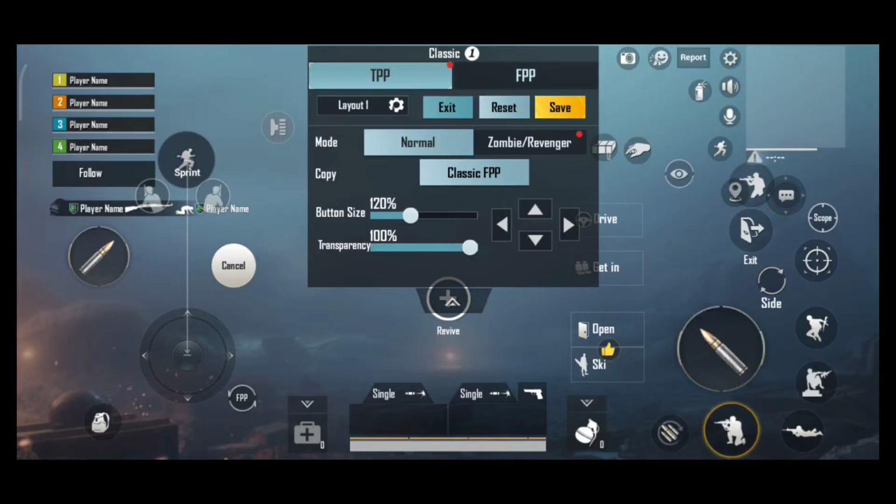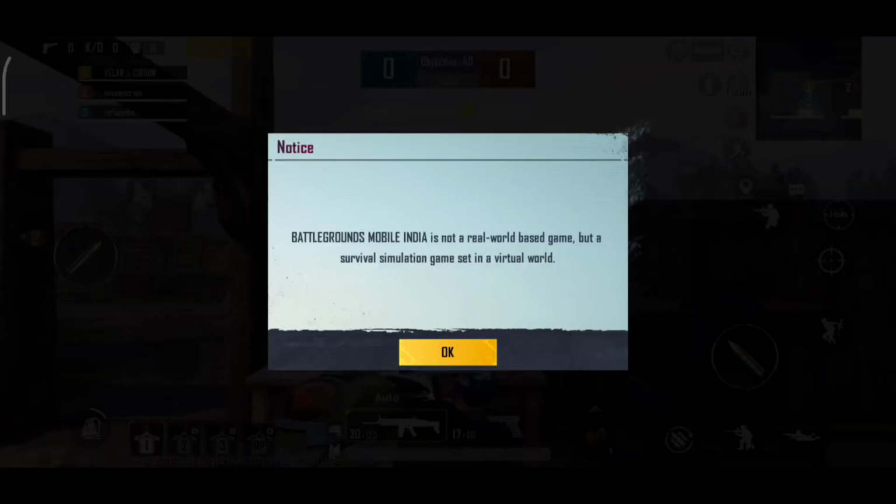Now you can choose your button size on your preference. Like I've chosen the lean mode and the jump mode and other modes according to my preference, because the smaller the touch screen is, the bigger would be the movement problem. So yeah, that's it. Now let me play a game and show you how it is done without sensitivity and with sensitivity. Let's start with without sensitivity.